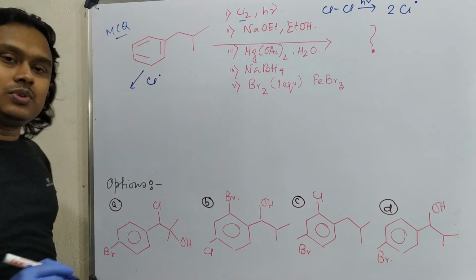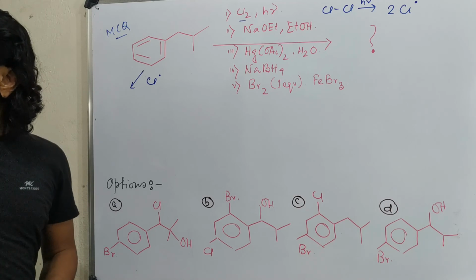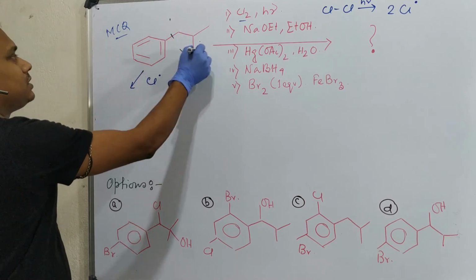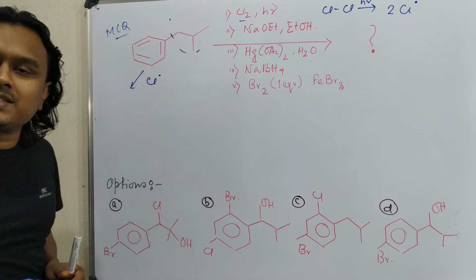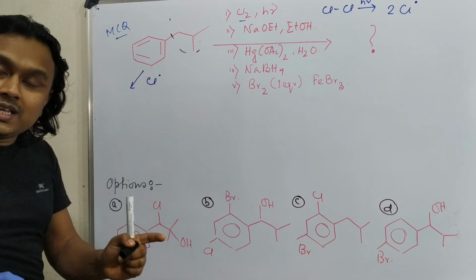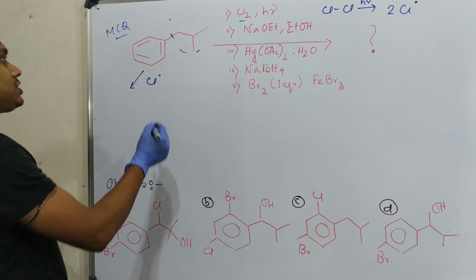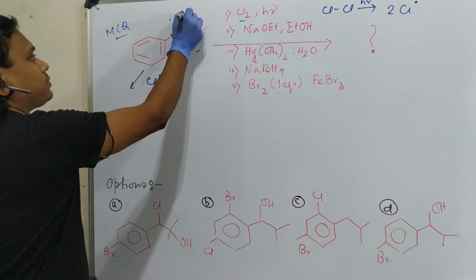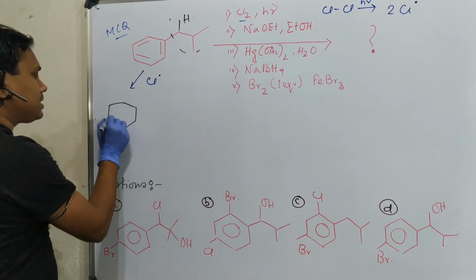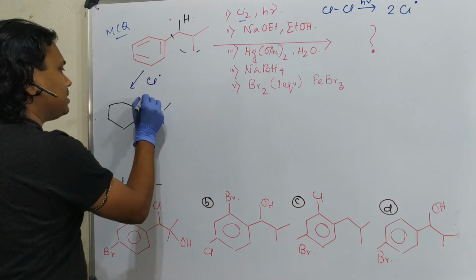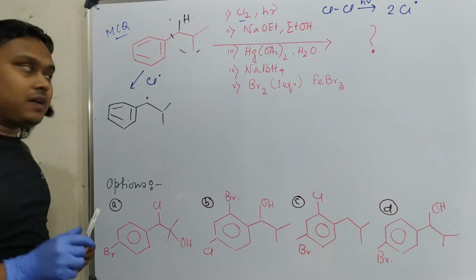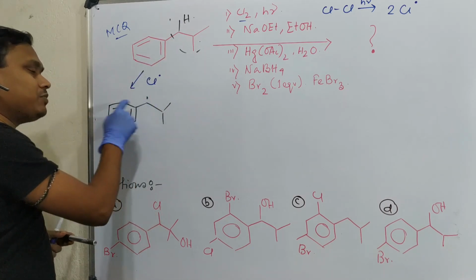Based on this aromatic nucleus, you can expect 2 types of reactive centers possible. One is this aliphatic part, and another is aromatic. Question, what is expected? A radical prefers to react at that position which is more stabilized. So first of all, this radical will abstract a proton from here. First it will result in a benzyl radical. Why? Because this benzyl radical is significantly stable through the conjugation of this aromatic nucleus.